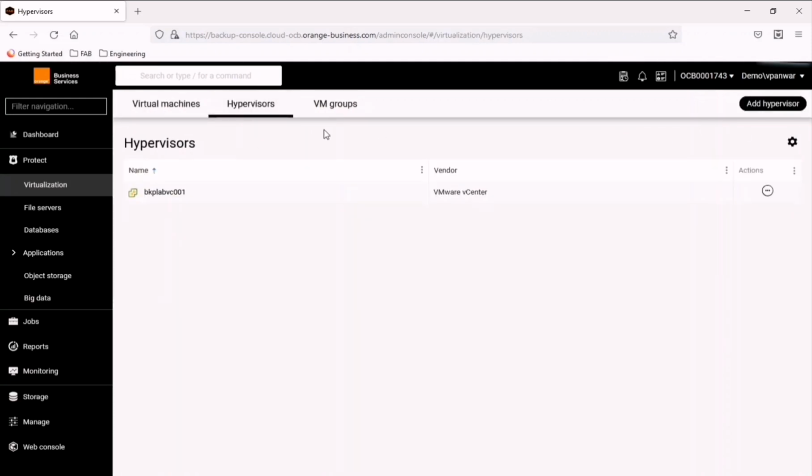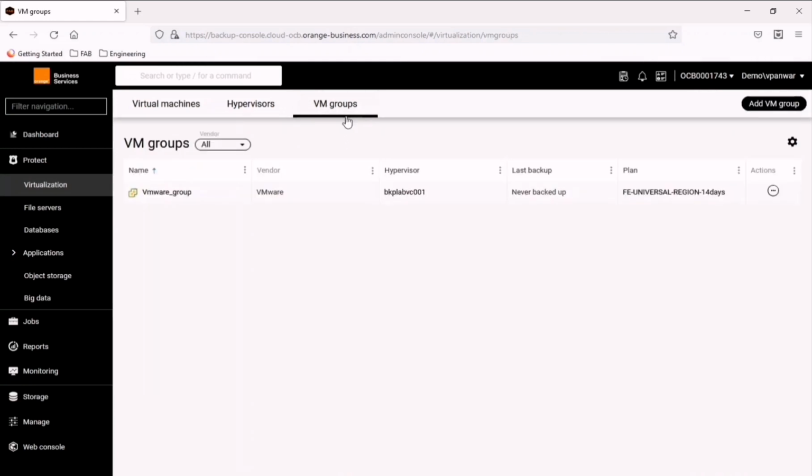Now on the Fab environment, what we have done is we have configured the hypervisor. After configuring the hypervisor, we have configured the VM group. So a VM group is nothing but a collection of VMs.